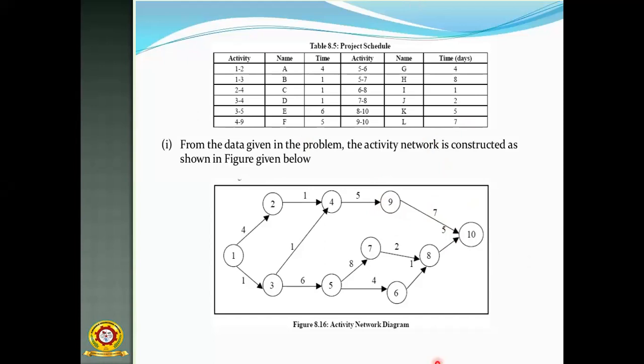You have to look at it again and again, then you are able to understand this. Otherwise you will draw inefficient networks. Okay, so in this way you have to construct the network diagram. I hope all of you understand this. Is there any doubt?